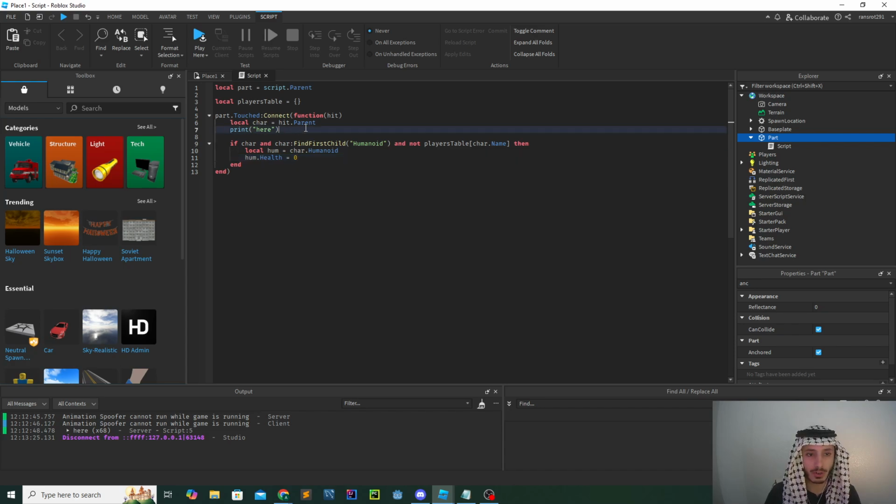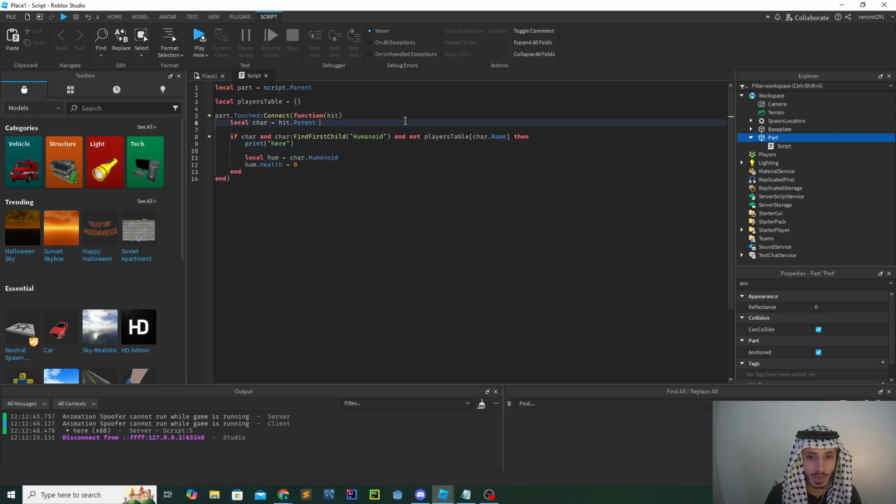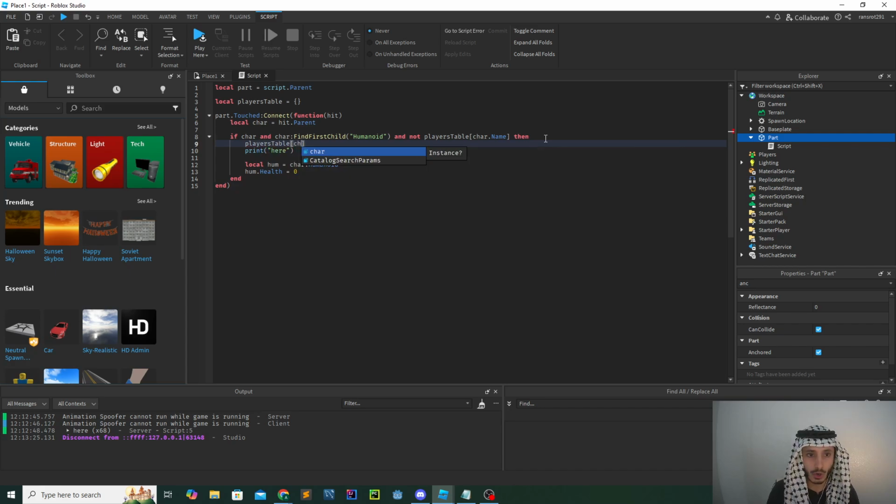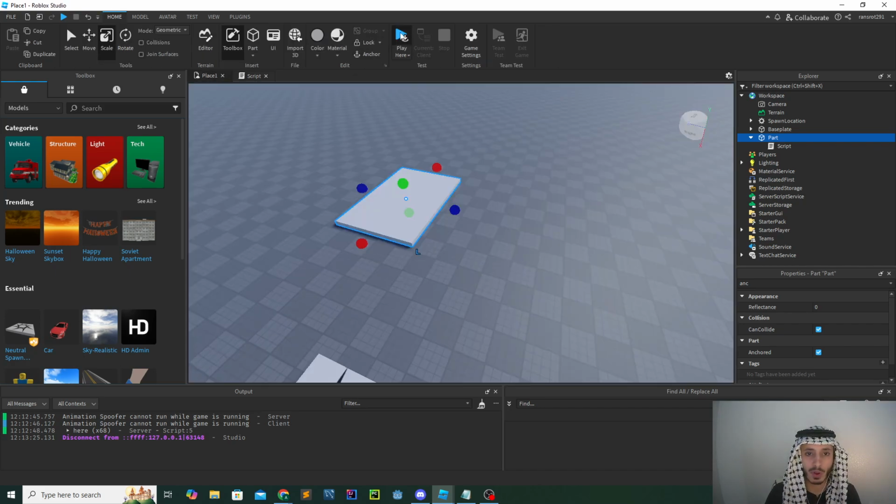So we go in here. Let me change the print to be in here because this is where the character is actually going to be dying. Now once we do this, we want to add the character to the table. So we reference the player's table, we say the character's name, and we set this equal to true. So when this hits, it's going to say not true, which is false, and it's not going to enter this. So if we run this again,